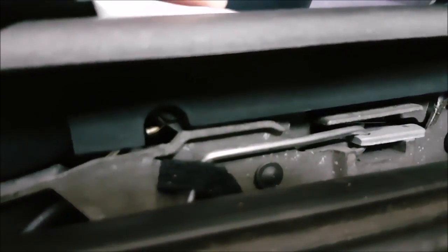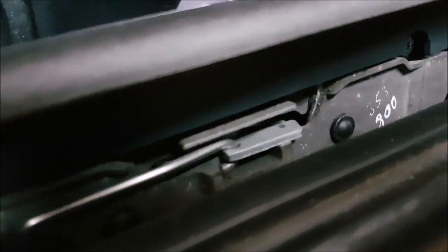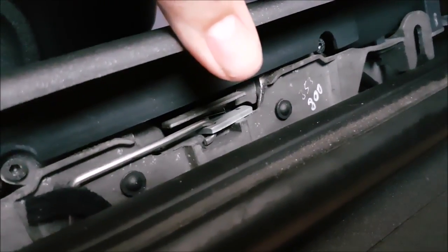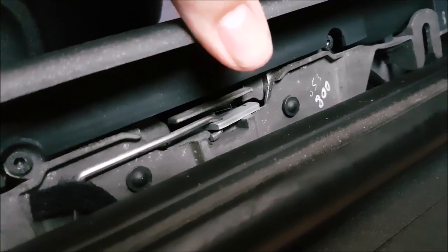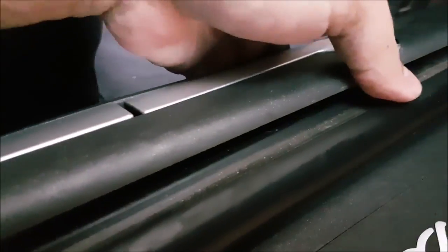While I'm here I might just pop the engine cover as well. So yeah, that's it. That's let me get into both compartments. So now I should be able to jump start either directly with the battery, or with the points in the engine compartment. So once you've done that, it should just be a matter of